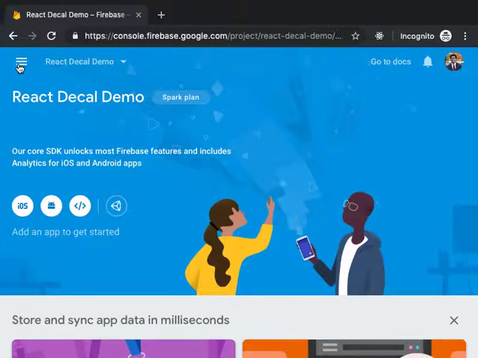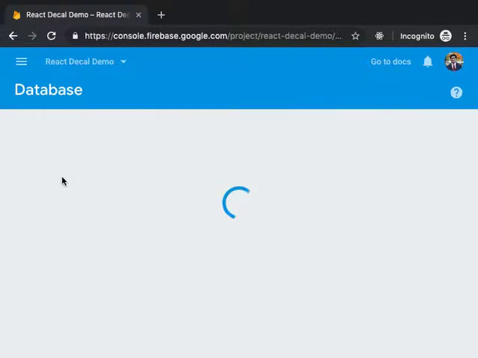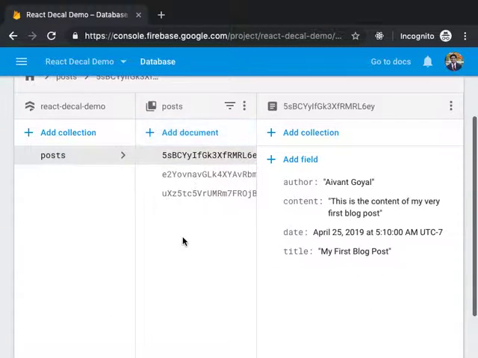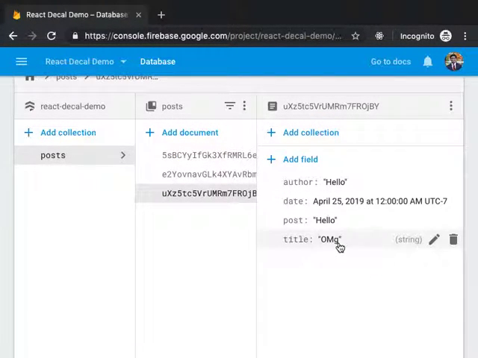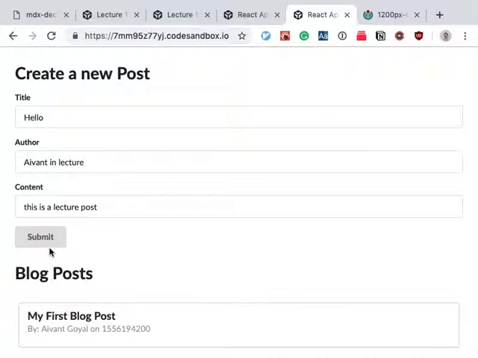So I'm actually going to show you right here. This is my Firebase database that I opened up. I want to show you guys what's happening here, so you'll get a little bit better understanding of what you're looking at right now. But I just want to show you that this is my database. There are 3 posts inside. Here's that title, post hello, author hello. Right? If I press submit here,